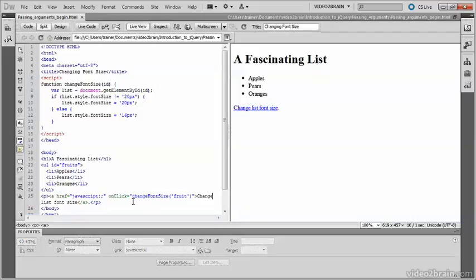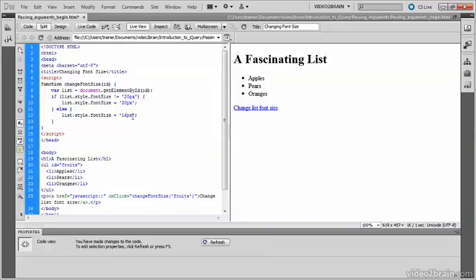The reason nothing happens is because the change font size function is sending the value fruit as the argument to the function here. And the argument goes in as ID, then the ID argument is passed to getElementById, but there is no element within the page that has the ID fruit. It's fruits. So I'll change it back to fruits, save the page,